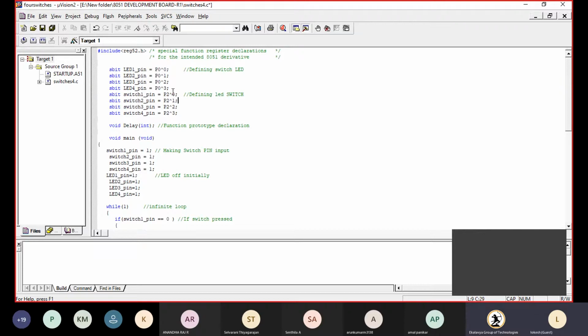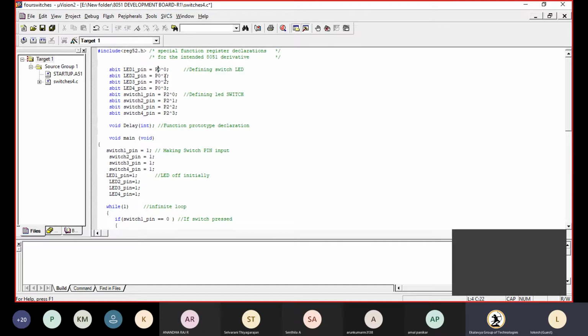If I press the switch 2.0, then it needs to glow 0.0. If I press switch 2.1, then it needs to glow port 0.1. So we are trying to control the LEDs with the switches.